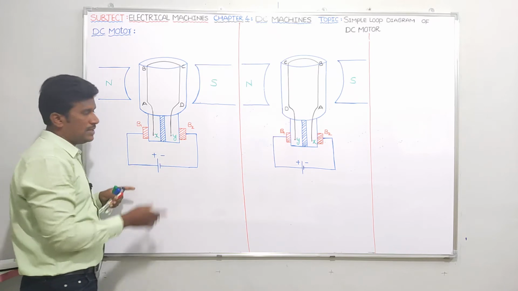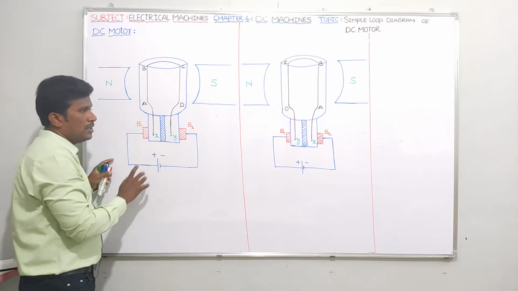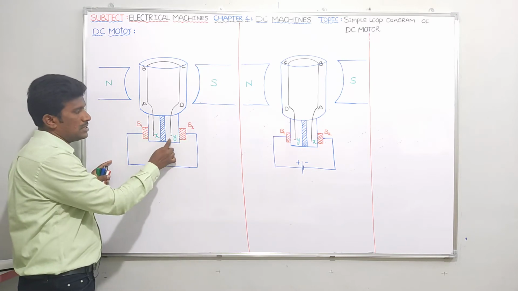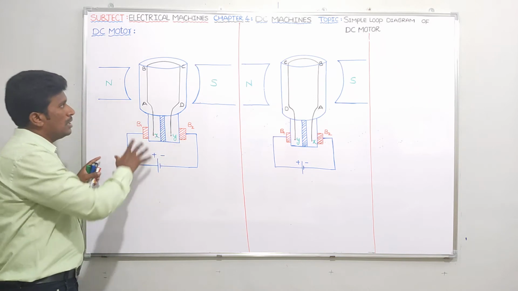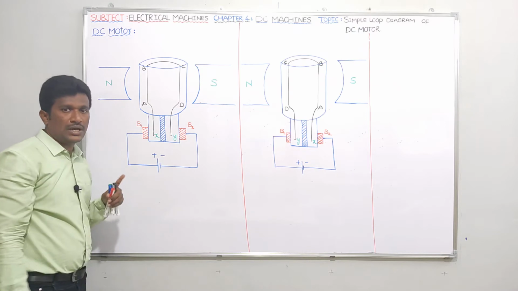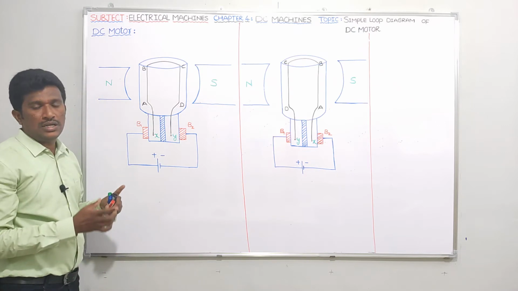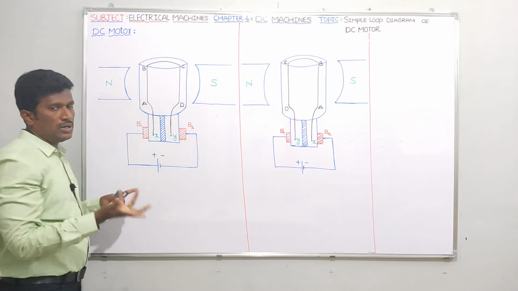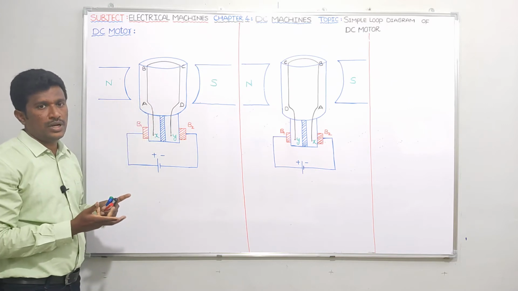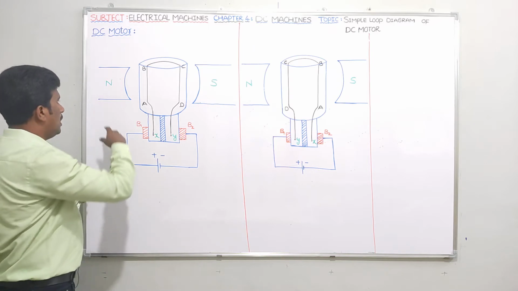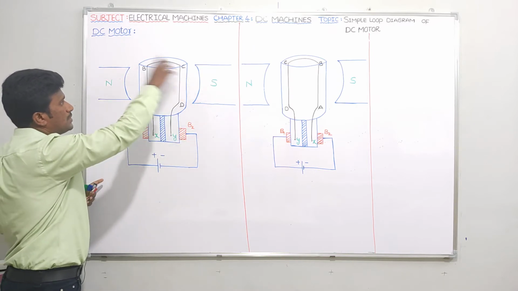Here I have taken only two segments, X segment and Y segment. Like this, so many segments will be there, separated by mica insulation. This is nothing but X segment, Y segment separated by mica insulation. See guys, this AB is nothing but a conductor, CD is nothing but a conductor. I told you in a practical generator, a conductor can be called armature winding. That means indirectly we are placing the armature winding on the rotor. In a DC machine, always you have to place the armature winding on the rotor only, otherwise commutation action will not happen. And let us assume that the field winding is placed on the stator.